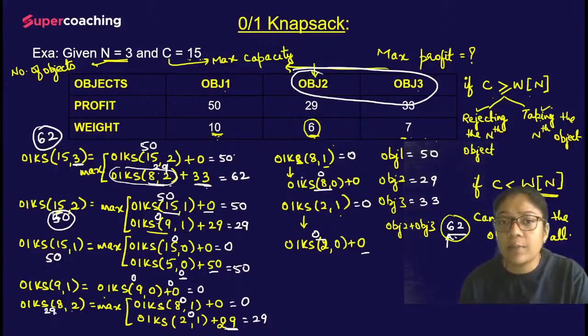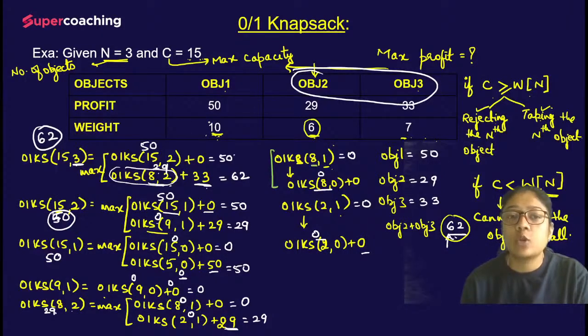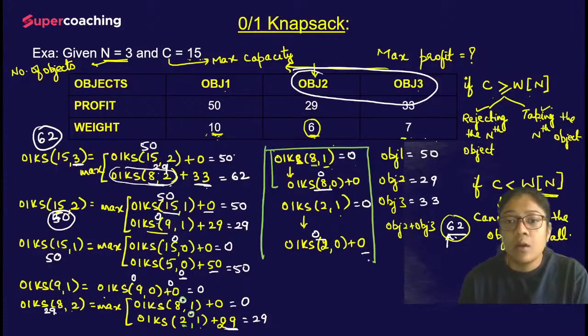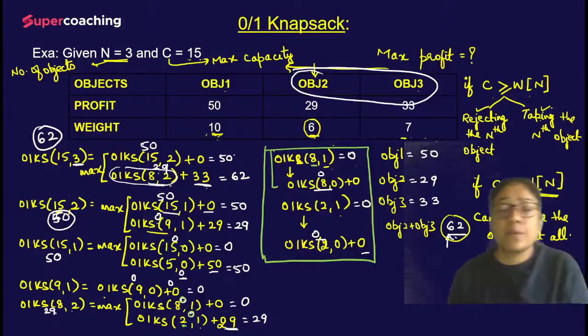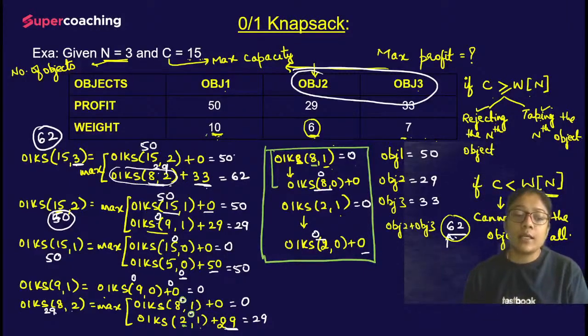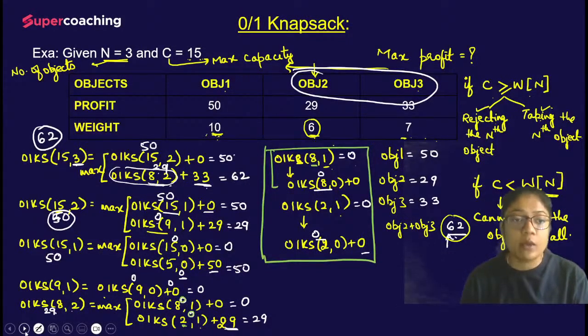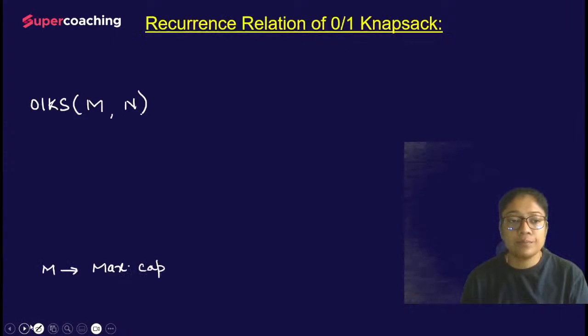कर रही होती तो डेफिनेटली मैं इस स्टेप को स्किप करती, क्योंकि कैपेसिटी 8 है, ऑब्जेक्ट 1 कंसिडर करना है, तो ऑब्जेक्ट 1 ले ही नहीं सकते, तो मैं डायरेक्टली यहाँ पे वैल्यू 0 रिटर्न करती। कैपेसिटी इज 2, ऑब्जेक्ट 1 को कंसिडर करना है, I could have directly returned the value 0, तो मुझे ये लिखने की जरूरत नहीं थी, ये फंक्शन कॉल्स आपको इलेबोरेट नहीं करनी थी। तो प्रॉब्लम में जो भी आपके पास फंक्शन कॉल आ रही है उसके बेसिस पे आप डिसाइड कर सकते हो कि कौन सी कॉल को इलेबोरेट करना चाहिए to get the optimal solution. ओके,